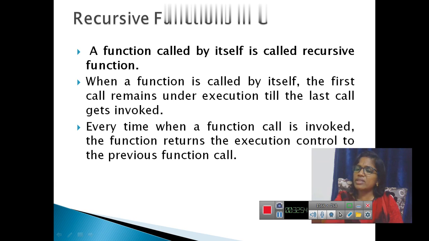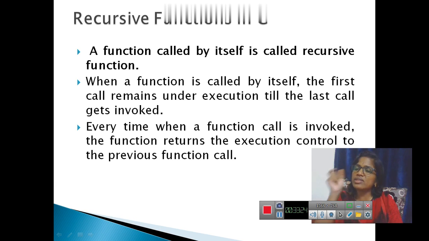So can I write it as 5 into 4 factorial? Yes. Again I can replace 4 factorial as 4 into 3 factorial. Yes. I can replace 3 factorial with 3 into 2 factorial. Yes. Again 2 factorial can be replaced as 2 into 1 factorial. And anyway we know 1 factorial is nothing but 1. Factorial of 0 or factorial of 1 is 1.